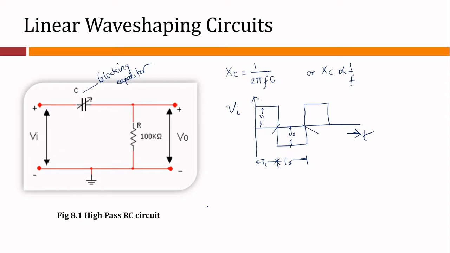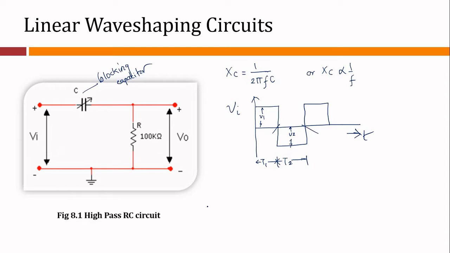For any periodic input waveform, the output is also a periodic waveform of the same period, and the average level of the steady state output signal is always 0, and it is independent of the DC level of the input. Now this is the most important criterion. Again, let me repeat this. For any periodic input waveform, the output is also a periodic waveform of the same period, and the average level of the steady state output signal is always 0, and it is independent of the DC level.